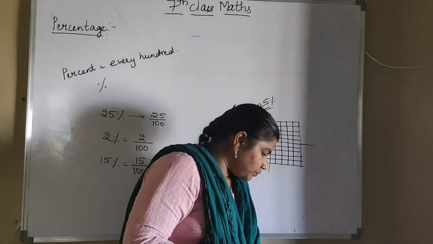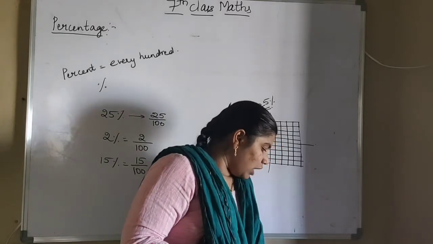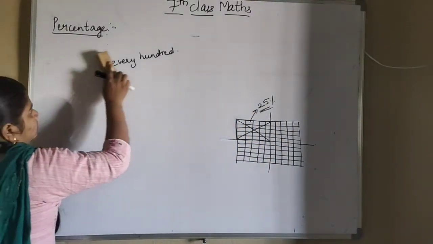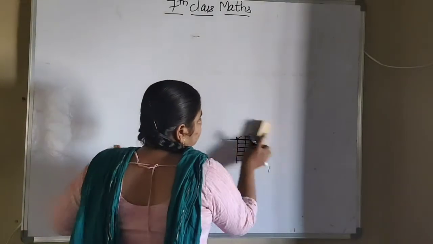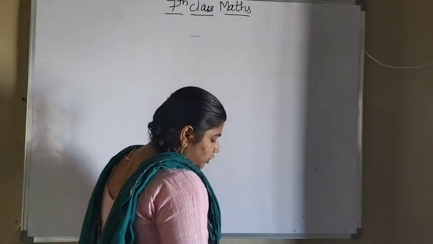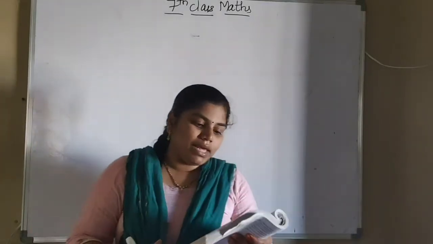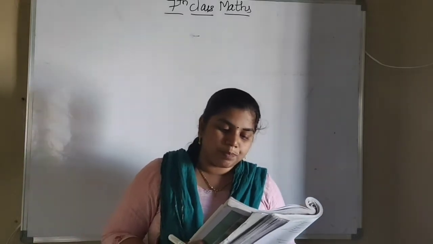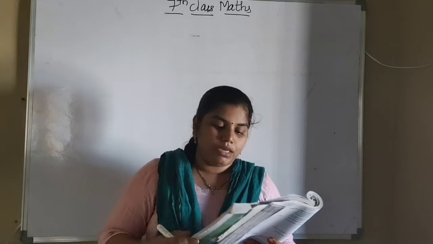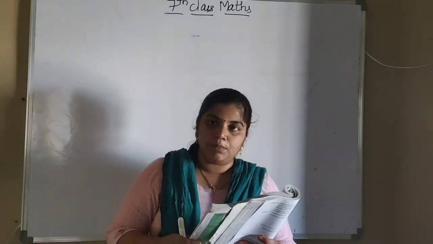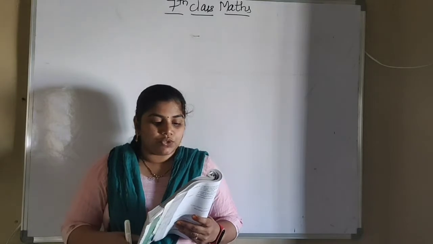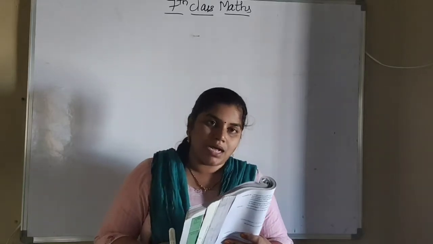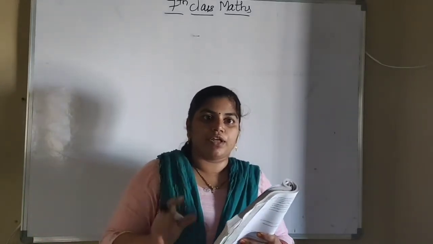Next, we are starting exercise 4 now. So what is the first question? In school X, 48 students appeared for the 10th class exam, out of which 36 students passed. How many students have passed? 36 students have passed. And the total number of students is how many? 48. In total 48, only 36 have passed. So in place of 100 we have to write 48 now.